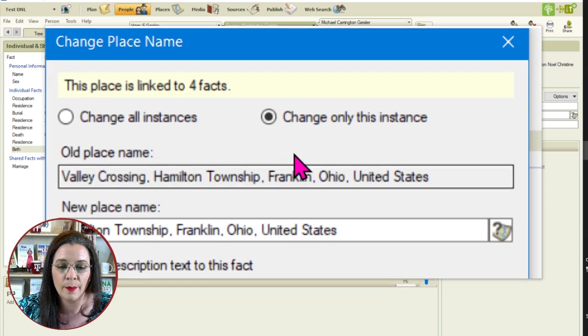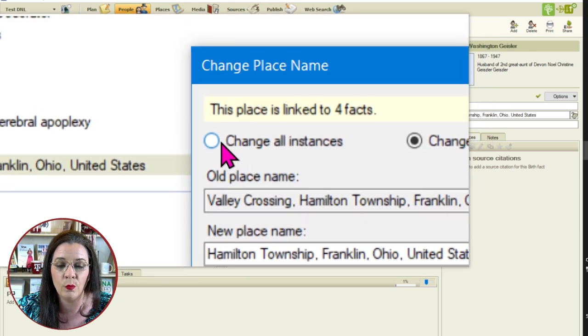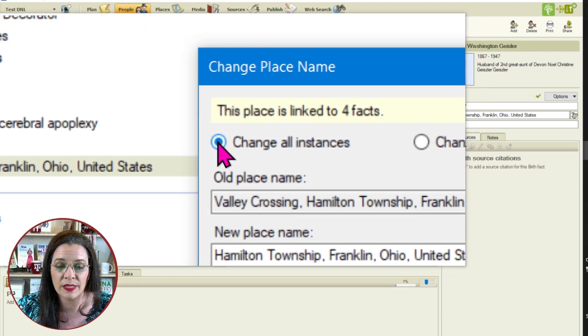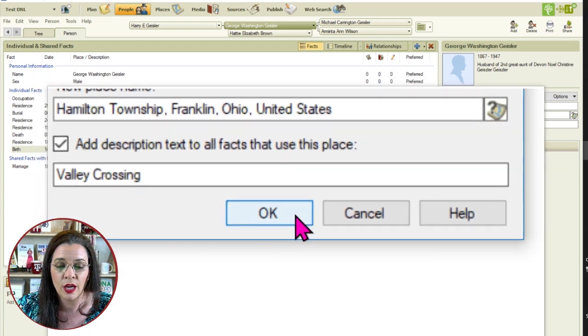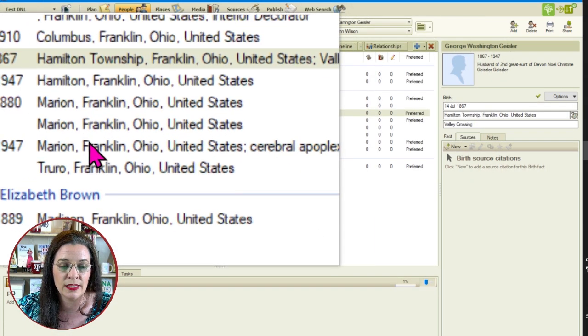But come up to the top. There will be times when you make a change in a profile to someone and you just want to affect that one person. Other times, you're going to want to change all 4 instances, because why bother doing all the changes when you can do it at once? Click in the radio dial beside change all instances, come down to OK, and then you're going to see